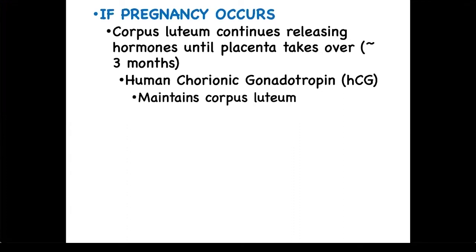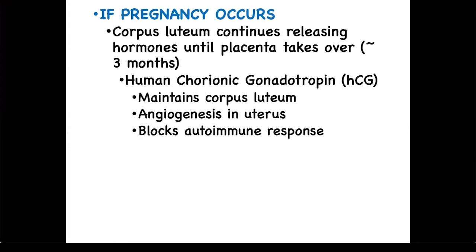HCG has 4 actions: to continue to maintain the corpus luteum so that progesterone is released, to increase angiogenesis, which increases the uterine vasculature. In addition, HCG prevents immune cells from attacking the embryo. Recall that the genetic makeup of the embryo is unique and different from a mother's somatic cells and is therefore seen as foreign cells. The 4th action of HCG is to stimulate the growth of the uterus as well as